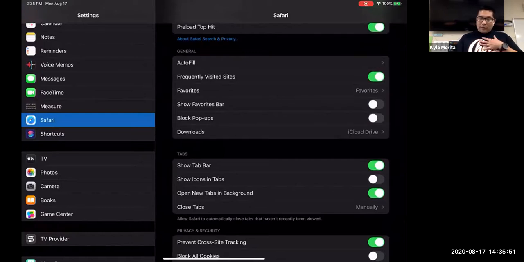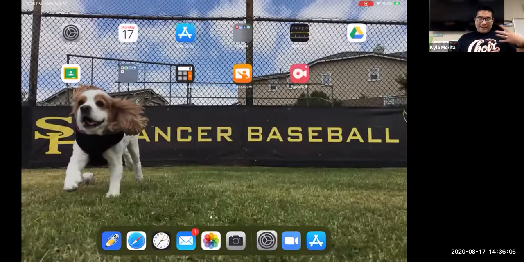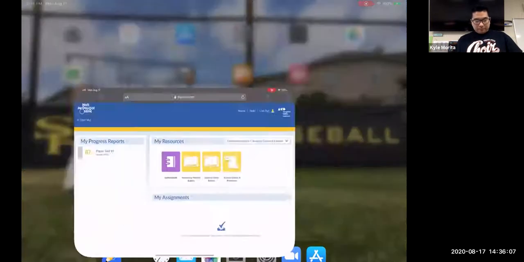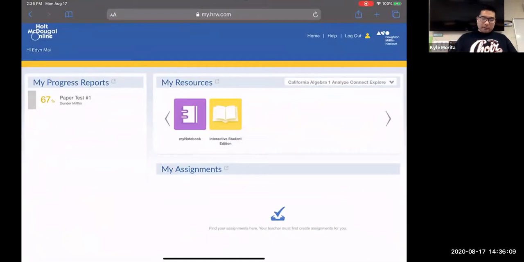Now, mine are already off, because I always keep mine off. But when you open this for the first time, it might look like that. If it's green, that means it's on. You want to tap it so that it turns off. So now Block Pop-ups is off. Now everything will work smoothly. So if we go back to the online textbook,